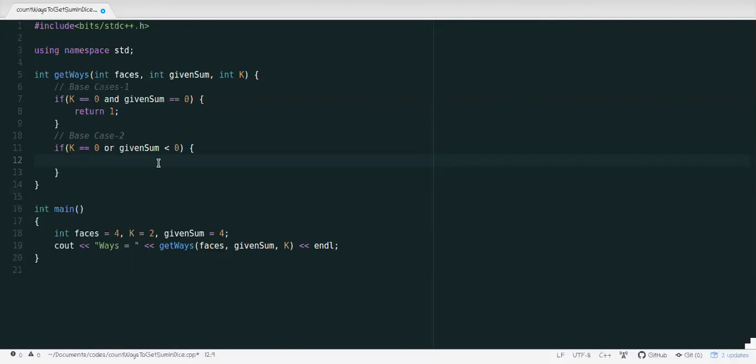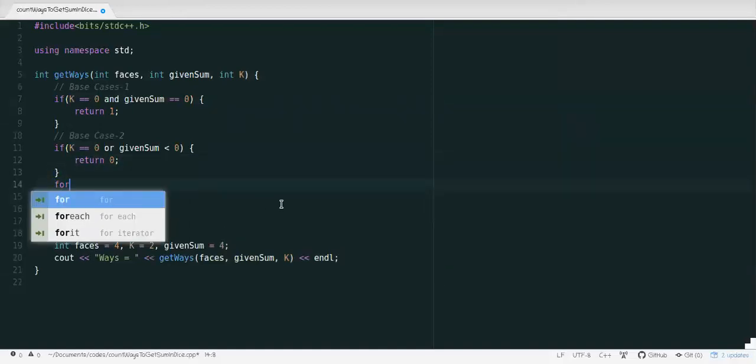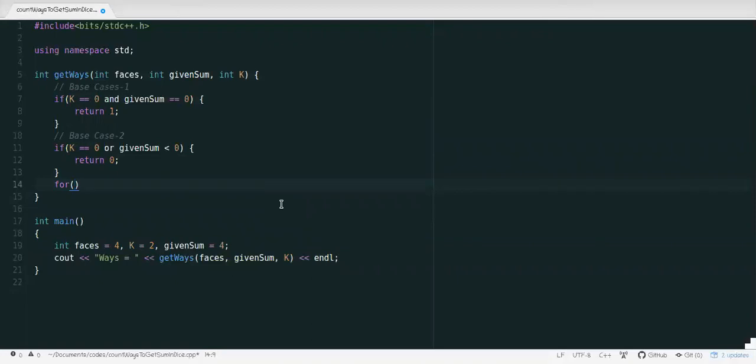When I add it, it could not become positive anymore, right? So when I see that the given sum is negative right now, in that case I should step back. So right here I will return zero, and this will be revised for all these possibilities.